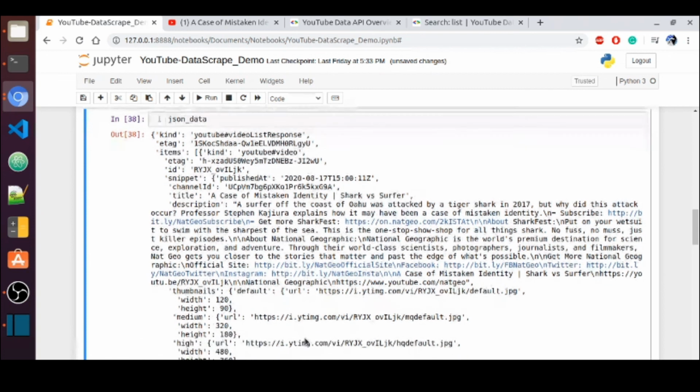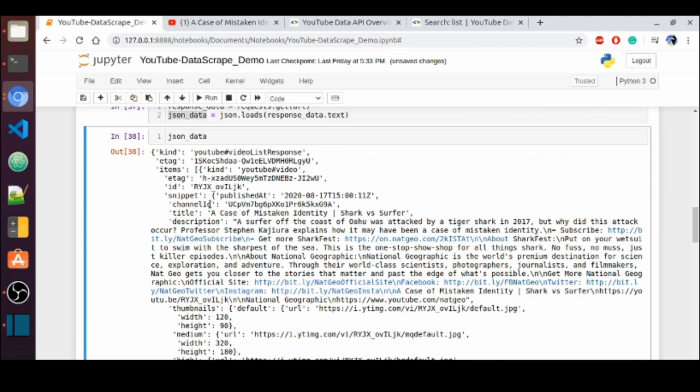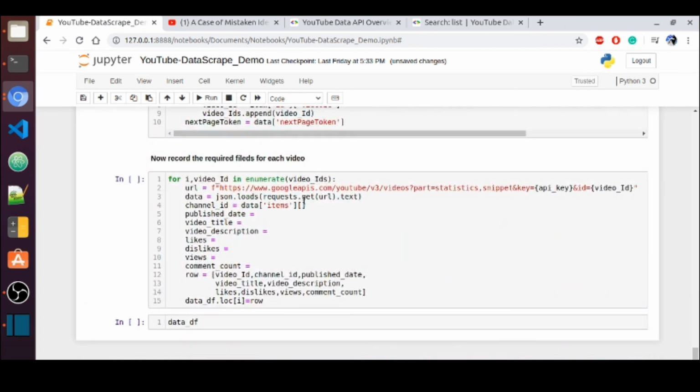So here I can see in the items, if I want to get the channel ID, how will I get it? Here in items we have only one element, since we are iterating for each and every video, right?